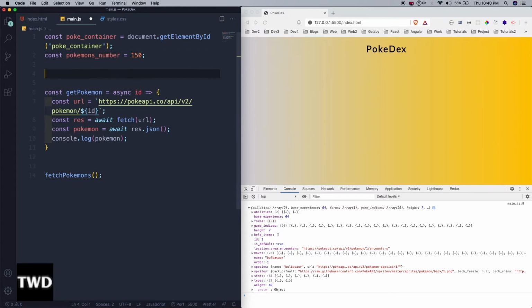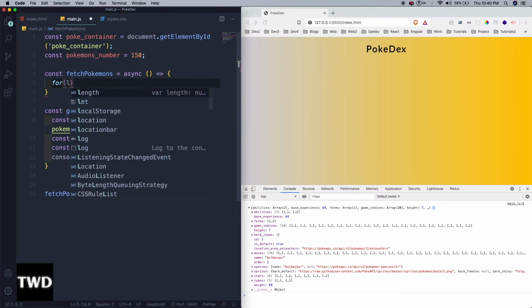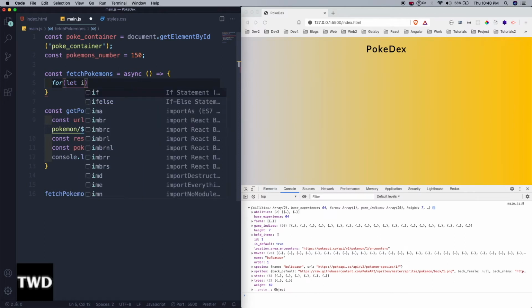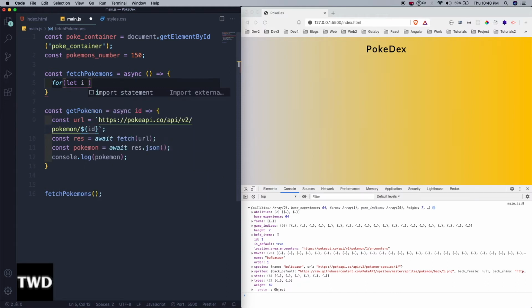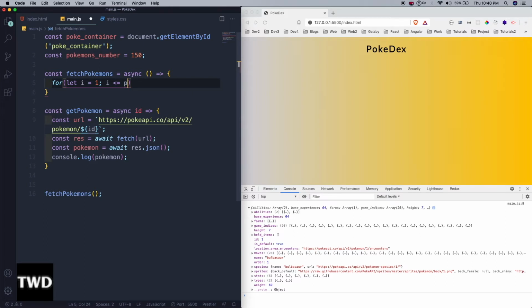So to do that, const fetchPokemons equal to async, it will take no parameters. So we are using a traditional for loop, and after a long time I'm using this because we want it to run for 150 times and we don't want it to have an array or something. So traditional for loop is the best for that. i is less than or equal to, see that pokemonNumber which we have declared, it is here. We could have given 150 directly also here, but it's better to give it like this, i plus plus,